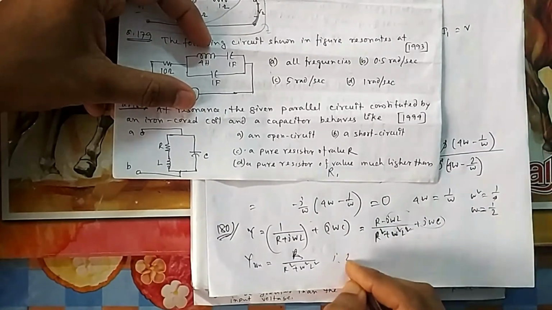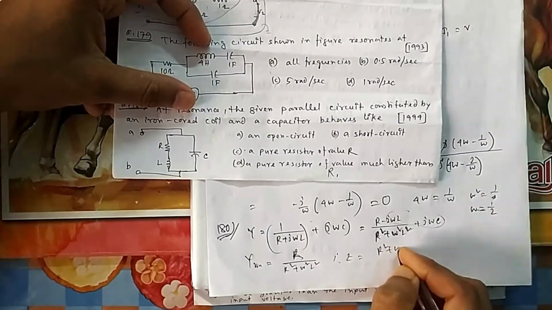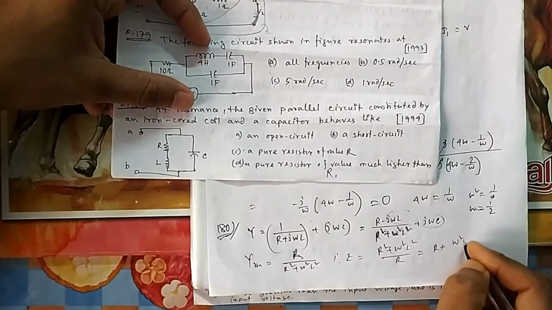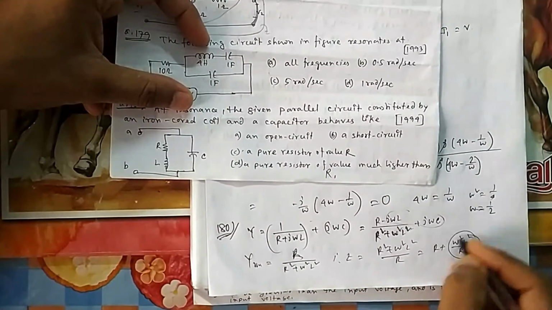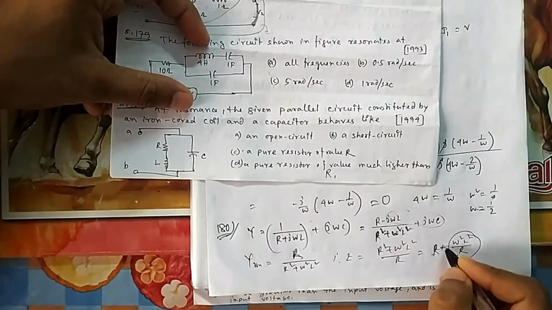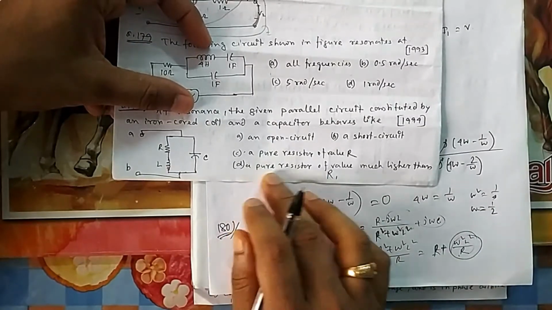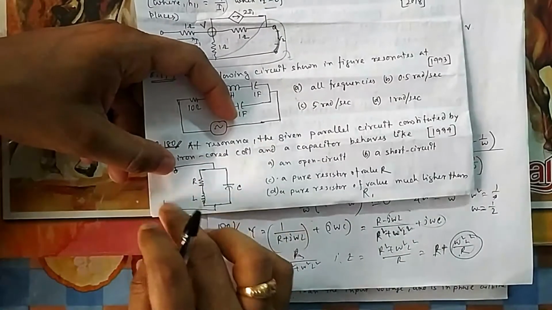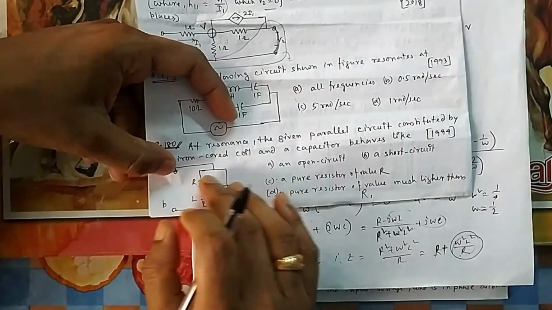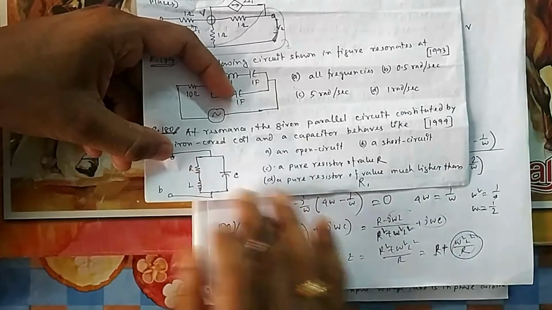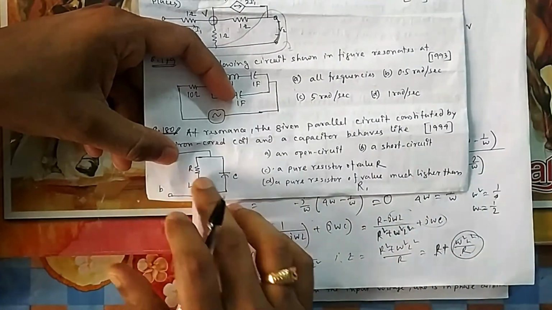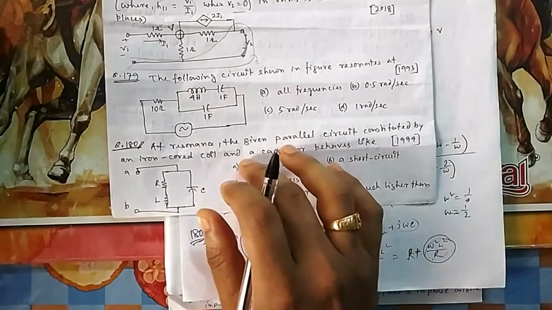So what is your impedance now? It is R square plus omega square L square divided by R, which is R plus omega square L square divided by R. Now you can see it is obviously greater than R plus something. So a pure resistor of value much higher than R. So it will look like a resistor. From here if you see at resonance, it will look like a resistor because the imaginary part will be gone, and the value of this resistance will be higher than this R, this single R. You can see this one. So for parallel, you always prefer the admittance method.